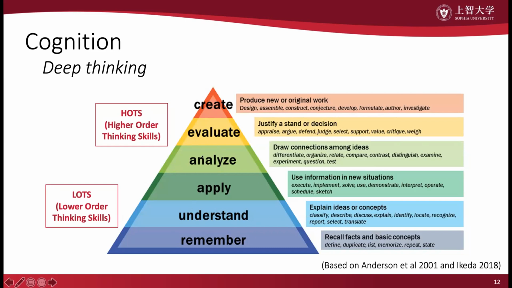This pyramid is Bloom's taxonomy, which includes lots of the lower order thinking skills. And these are the type of skills that are fundamental, but not very cognitively demanding. With HOTS, or the higher order thinking skills, students must, for example, analyze data, evaluate differences, and create something such as a PowerPoint or maybe a presentation. These tasks are usually more open-ended, and there might not be one quote-unquote correct answer.